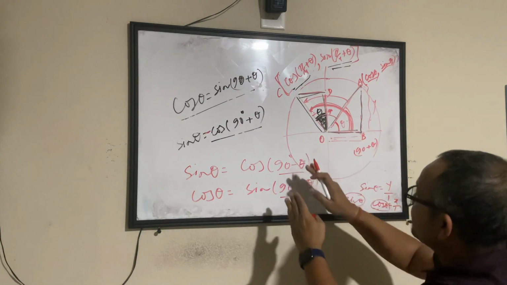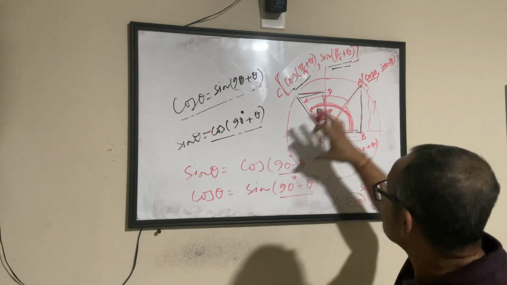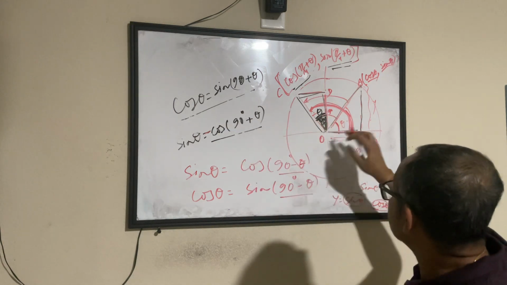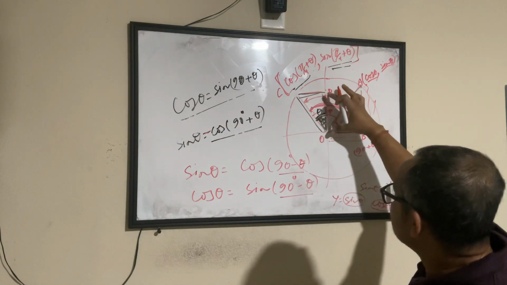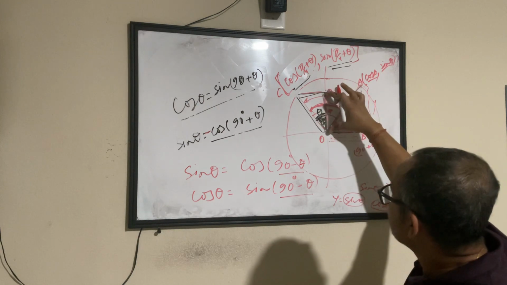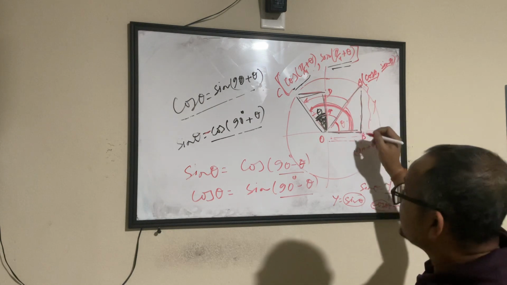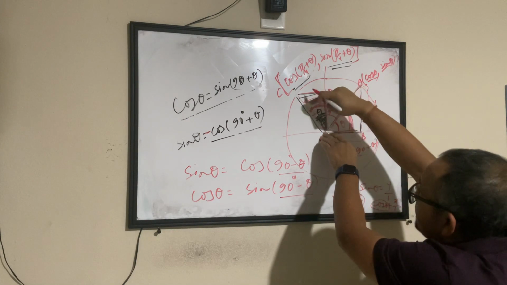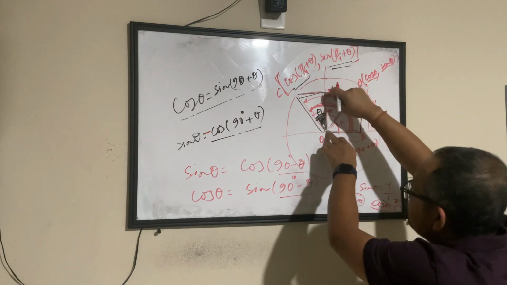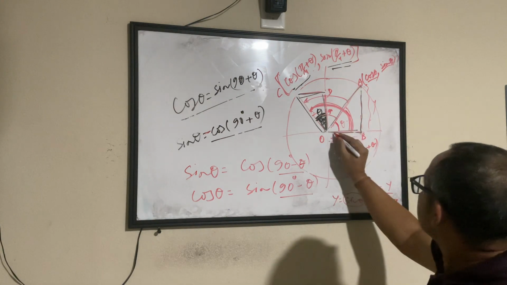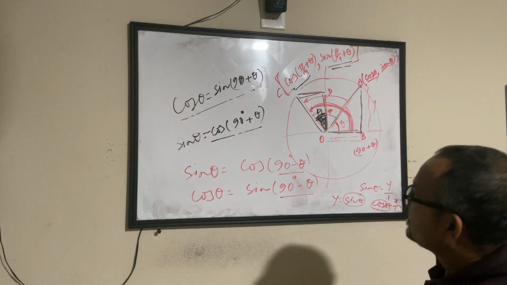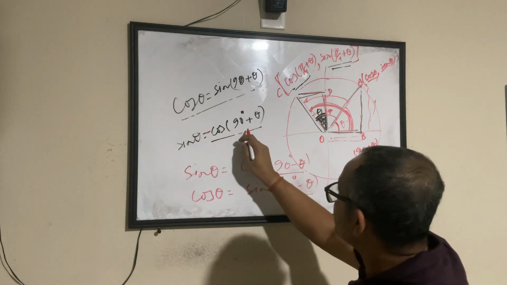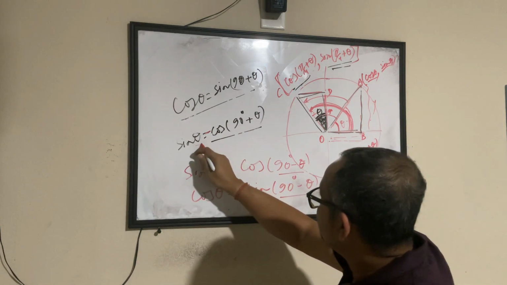Or if I'm talking about cos of theta is equal to sine 90 degree plus theta. So this is 90 degree plus theta, this, and this is giving me cos of theta is the x coordinate. So let me relate it. So sine of theta is cos 90 degree plus theta. So if this angle,